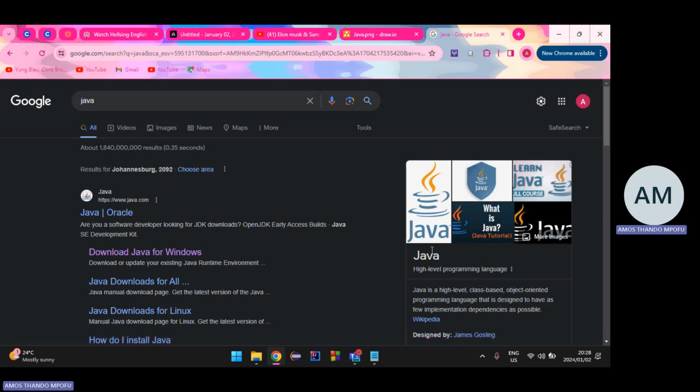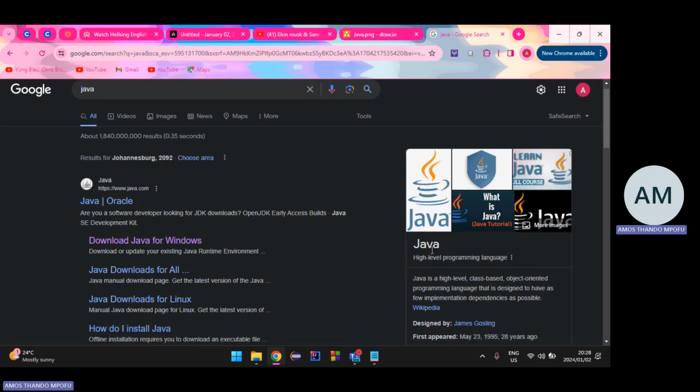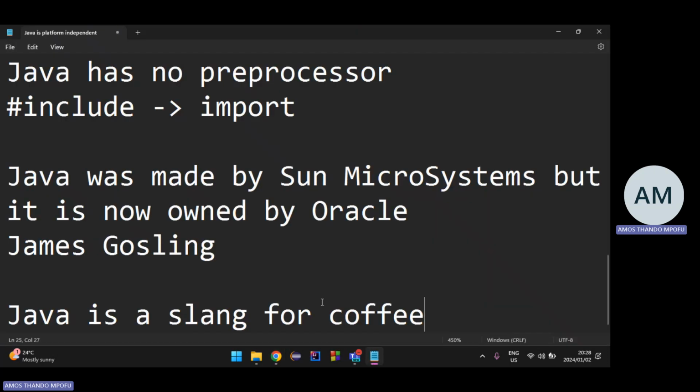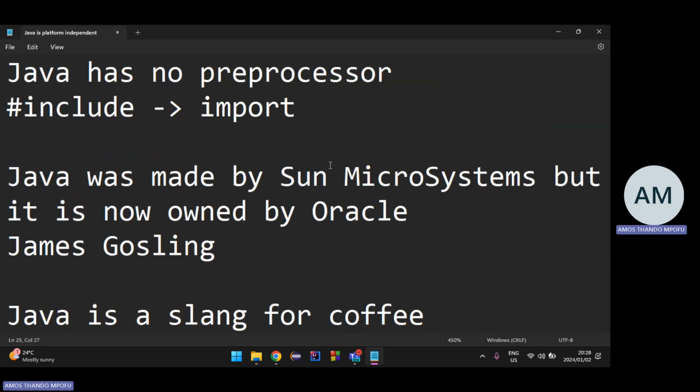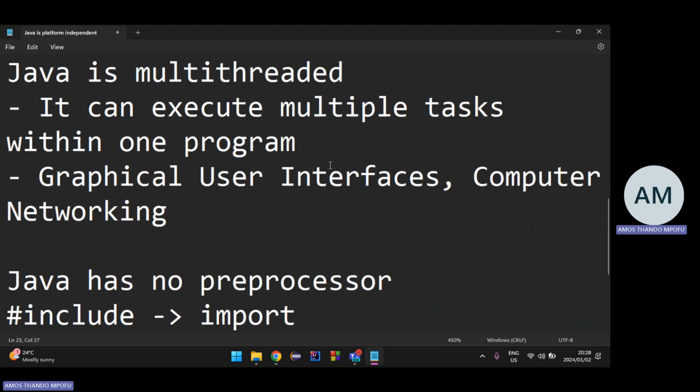So it's a slang for coffee, and that's why they named it Java. That's pretty much what you have to know.